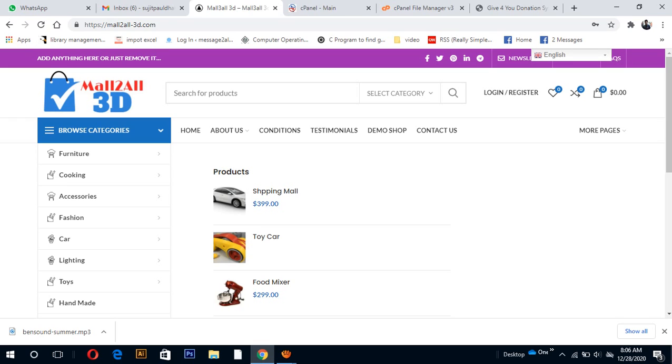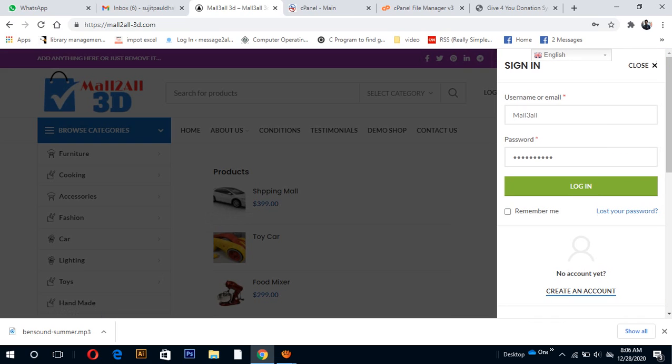I am showing how to register on this website. First you click here, and if you have already logged in, then you can put your username or email address here, and you put your password, the one you get by email or the one you set. Otherwise, when you create an account, click